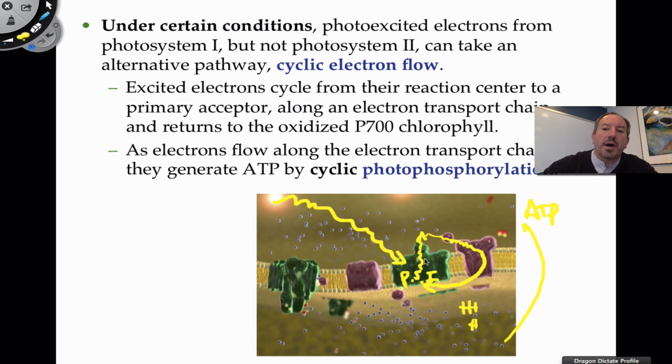So the electrons go up, and they go beep, beep, beep, beep, beep, down the stairs, and then they come back to chlorophyll. And so it's cyclic. This is why it's called a cycle. So ATP is produced in a cyclic photophosphorylation. It's a big word. Photophosphorylation, as opposed to